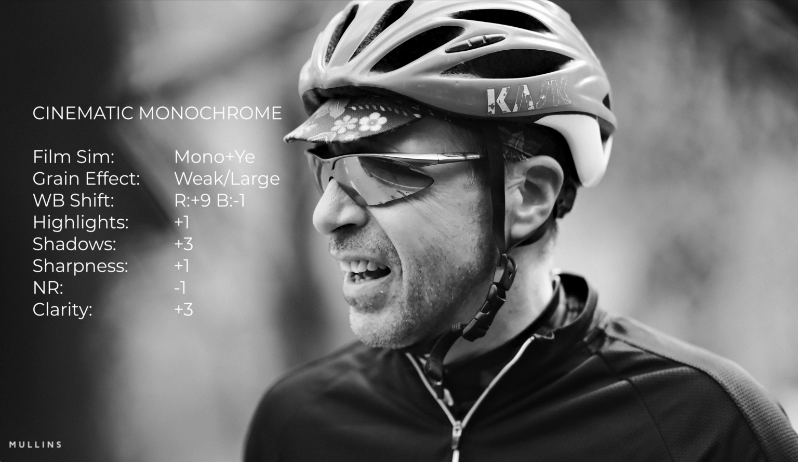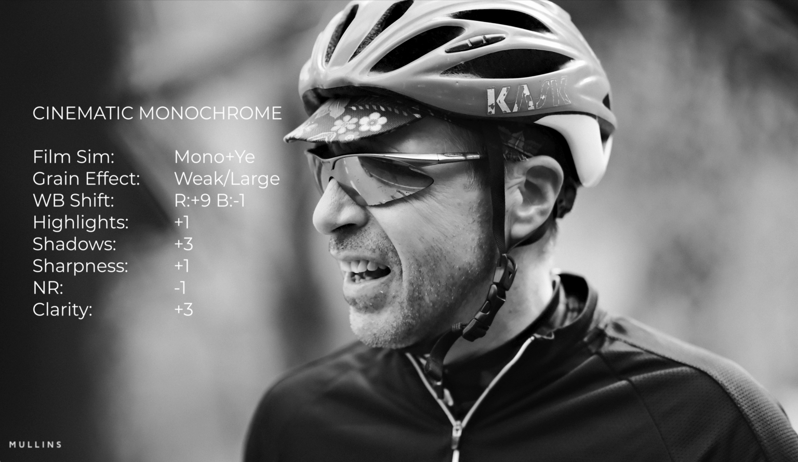Now the white balance shift, I should say, is red +9, blue -1. And the shift towards red and away from blue warms the monochrome tones, giving your image a richer, more inviting atmosphere. Highlights +1, that increases the highlights, brightens the lighter areas of your photos. And shadows are +3, deepening the shadows, significantly enhancing contrast, creating a moody, intense look that's characteristic of cinematic photography,